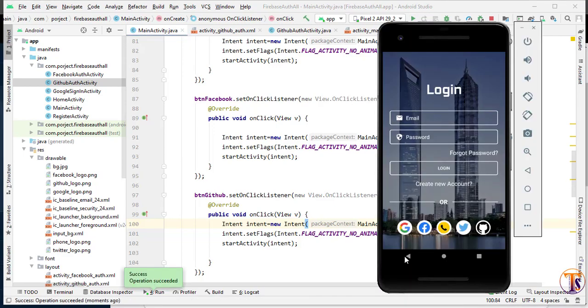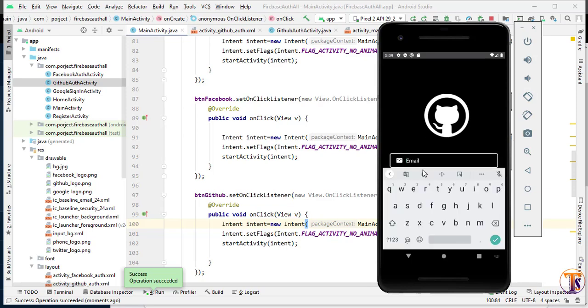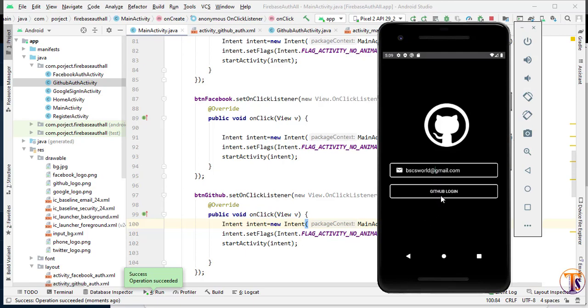Okay, our application is open. So let's click on this image view GitHub. Here you can see it opens the next activity. Here we have to provide the email. So let's click on this button first. Here you can see it says enter a proper email. So let's say I type my email now, and here we have to provide the hash and @, and click on the GitHub login.